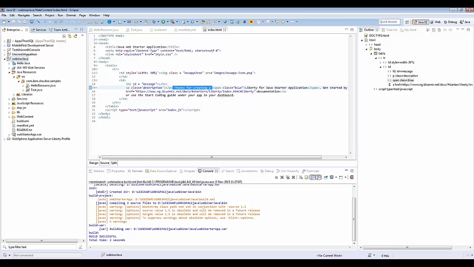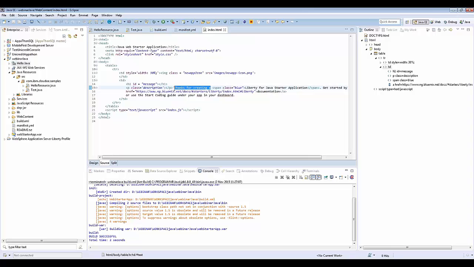As you can see here, it's based on a static HTML file that says thanks for creating. Let's make a small change. I will just type hello teams of,